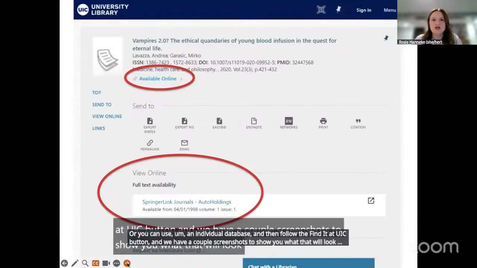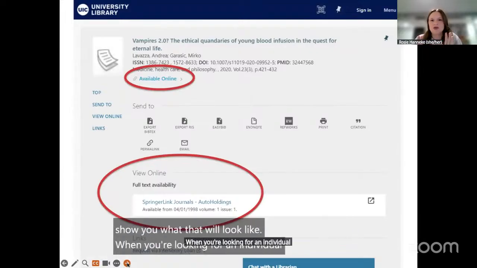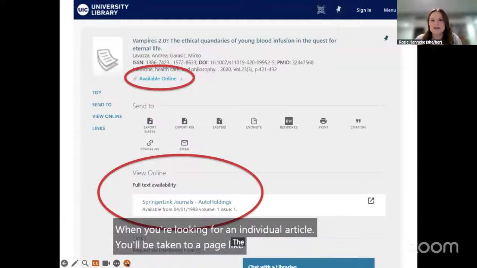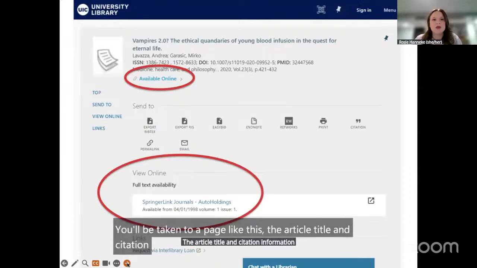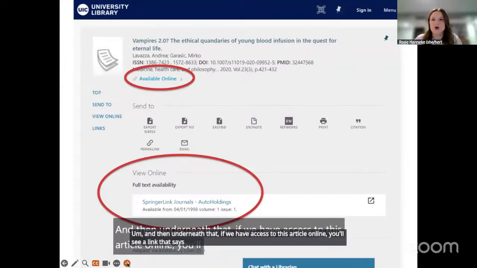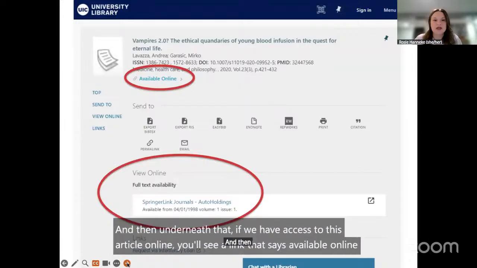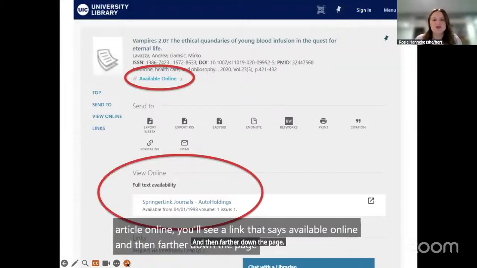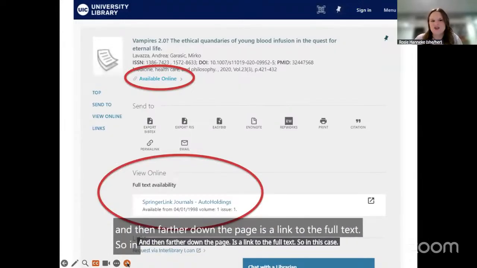When you're looking for an individual article, you'll be taken to a page like this. The article title and citation information will be at the top. And then underneath that, if we have access to this article online, you'll see a link that says available online. And then farther down the page is a link to the full text. So in this case, we get this article from